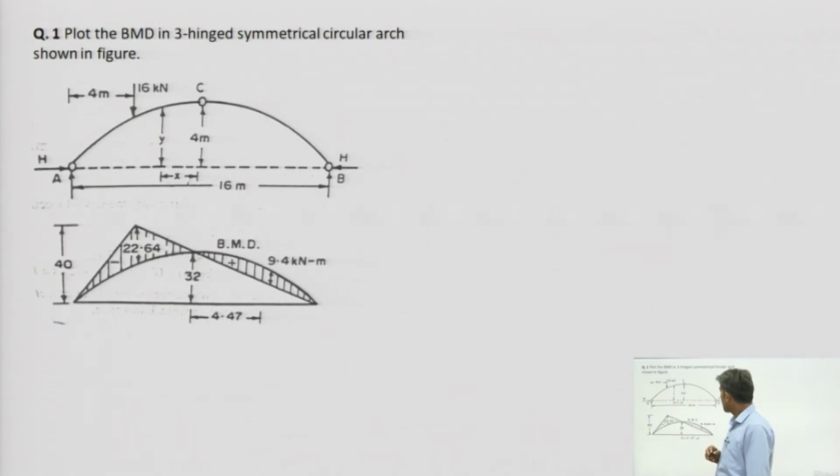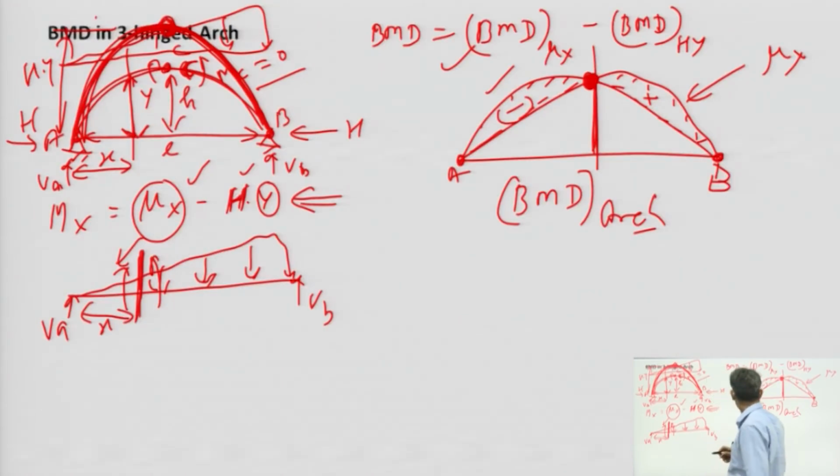In this question, a 3-hinged parabolic arch is given to us, and a point load of 16 kilonewton is acting at 4 meter from left support A. So, we need to plot the bending moment. Look in the previous slide, in the bending moment diagram,